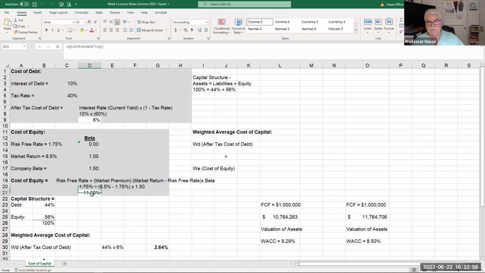If I do that arithmetic, I get 11.88%, which makes sense. In the market now, risk-free is 1.75. Average risk is 8.5. And the risk of this company, which is 50% greater than the market risk, is 11.88, a lot higher. So if I wanted to buy stock in this company, I would be looking at, remember, every